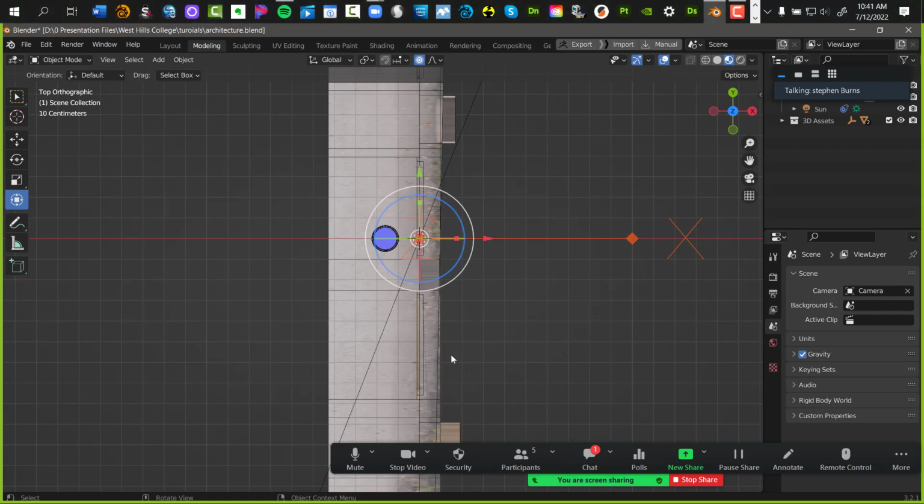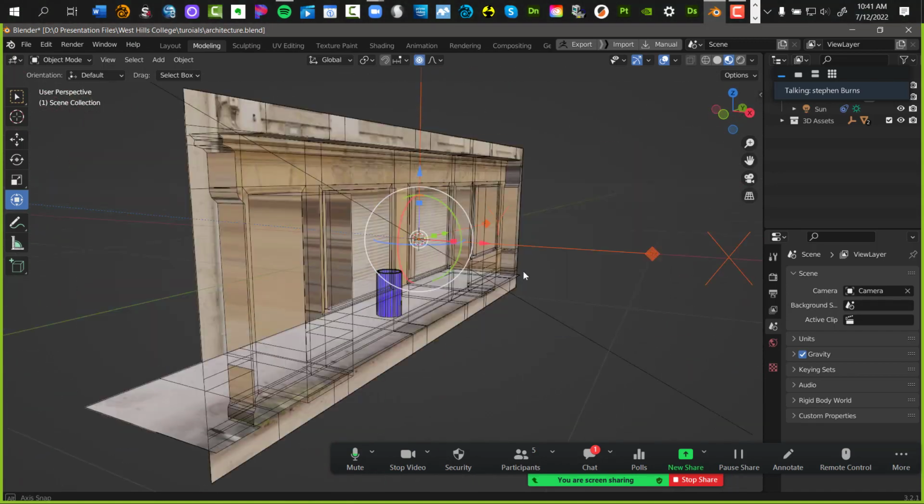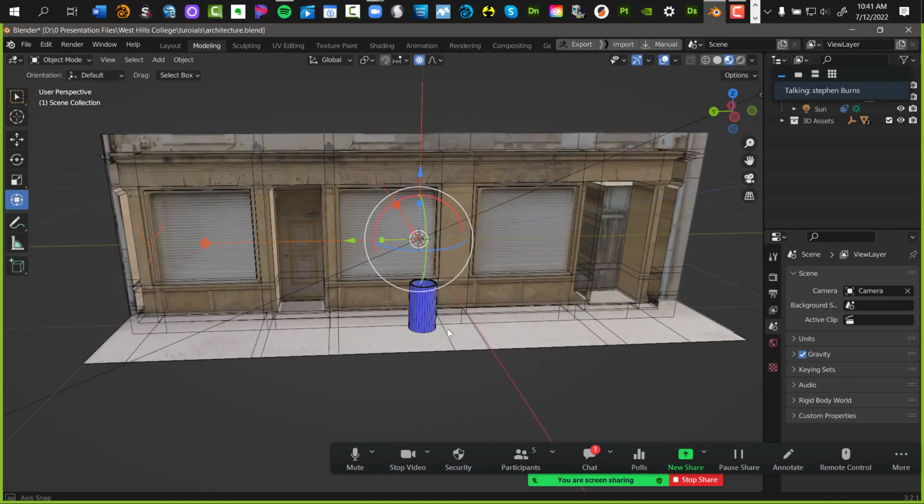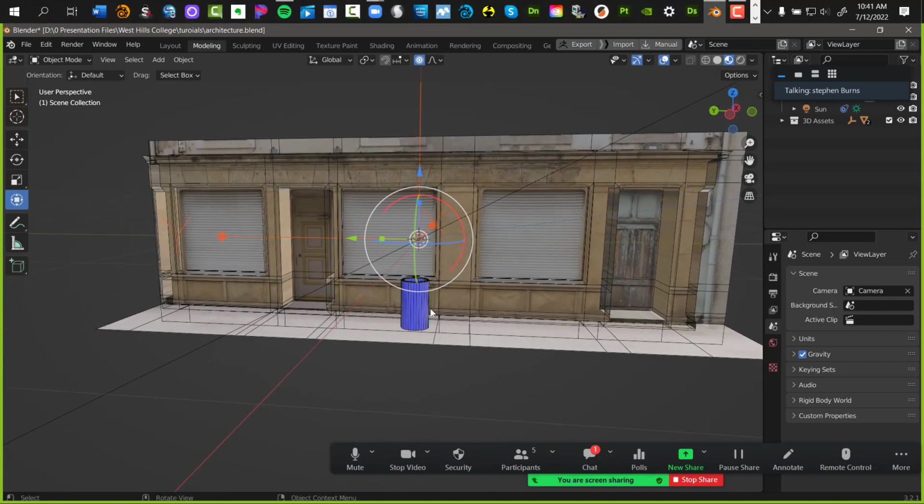Say, for example, I'm in my top view, right? If I want to go back to my perspective view, just hold down the Alt key and left click and drag it. It automatically goes back. Practice that. Okay, so now we're ready to go to the fire hydrant.